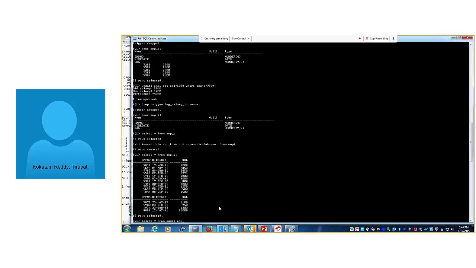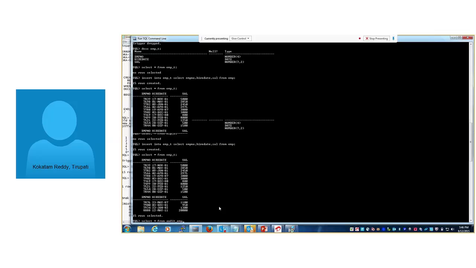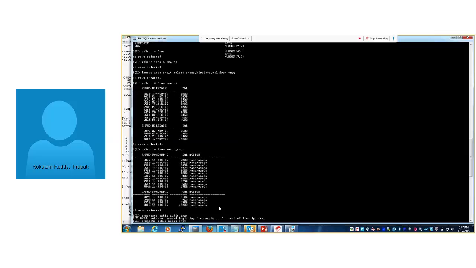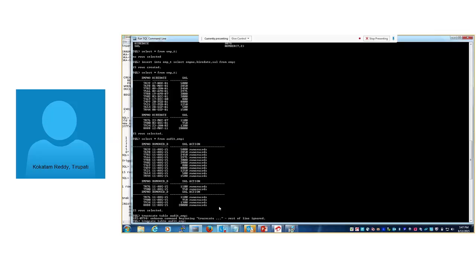Yeah, there are records. Trying to truncate the table. Truncated. Right now we can see there are no records in audit_EMP.